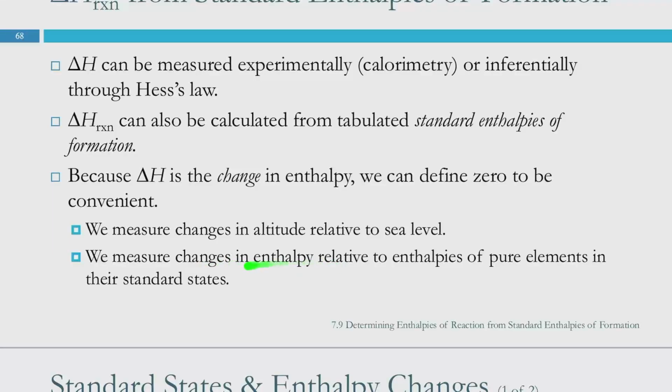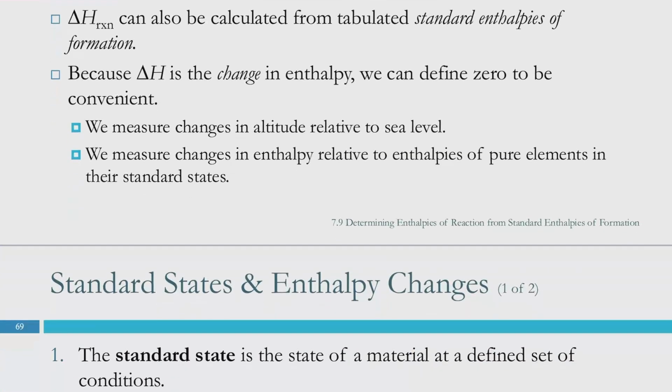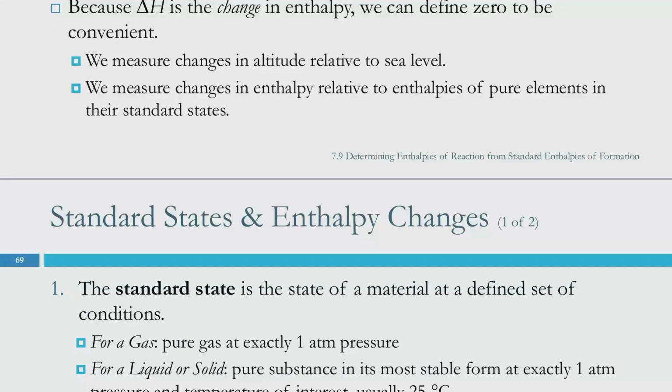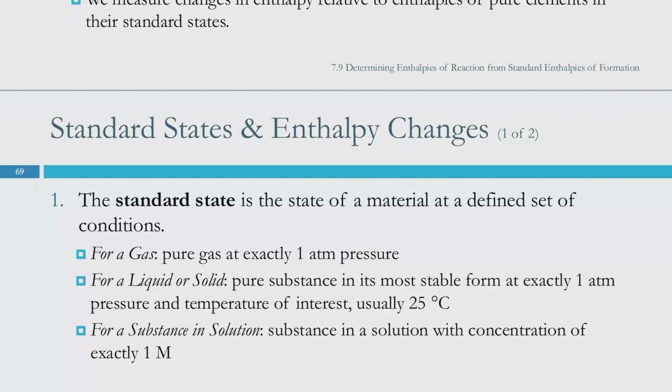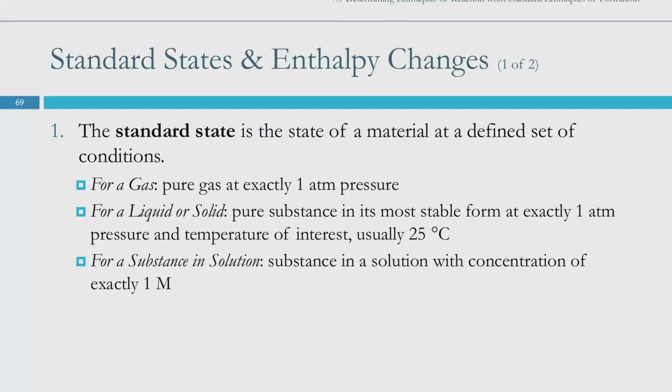So we can measure changes in enthalpy relative to enthalpies of pure elements in their standard states, because pure elements in their standard states are a little bit easier to get just generally around the world. And so that's what we're setting as our baseline. So we have to first define standard states. The way that we define standard states is so that it's relatively easy and convenient, so the numbers are not terribly difficult to remember. So the standard state